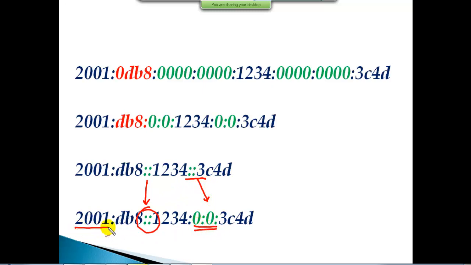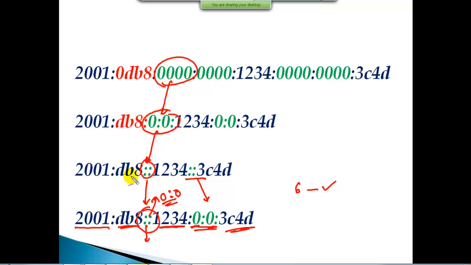So now it will be very clear, like you can see 1 portion, 2 portions, 3, 4, 5 and 6. So I can see 6 portions very clearly, which means the remaining 2 portions are zeros, which we are representing with a double colon. So this is the way we can make our IPv6 addresses look much shorter. We can reduce continuous zeros to a single zero, and continuous zeros can also be written as a double colon. But one thing we need to keep in mind: this double colon is not allowed in more than one place in the same IPv6 address.